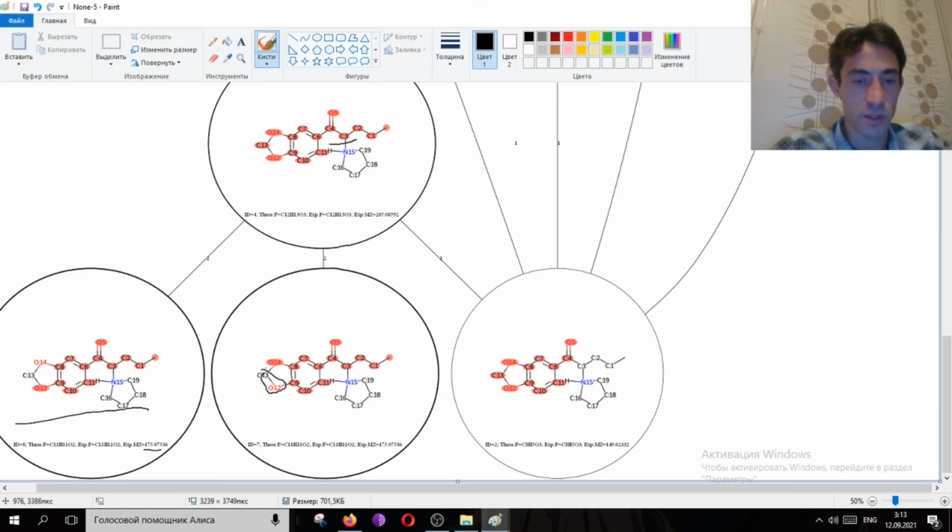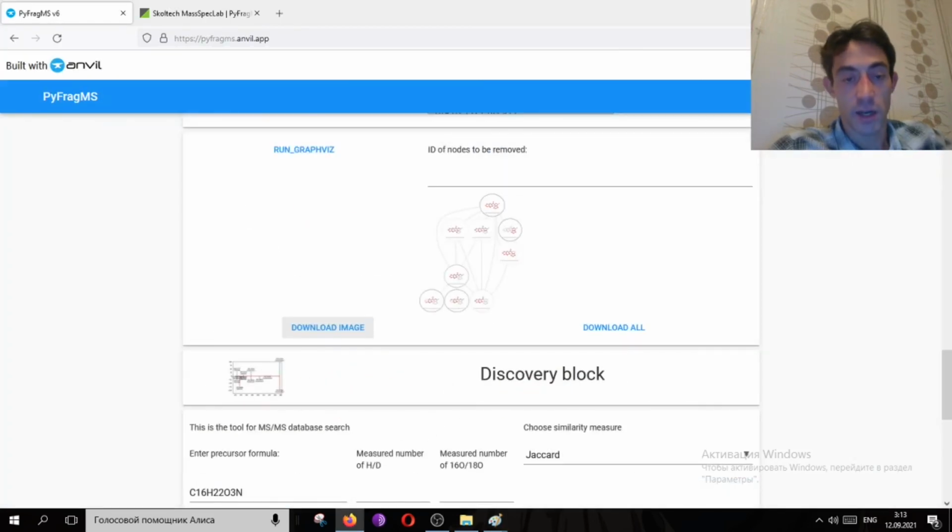And using deuterium, using for example oxygen exchange, it is possible to check which oxygen is lost in the following fragmentation events. So now